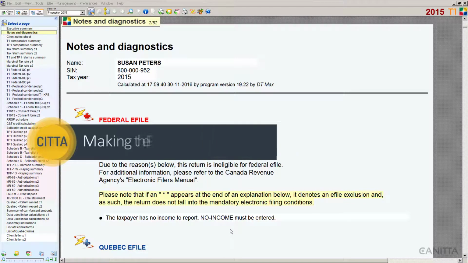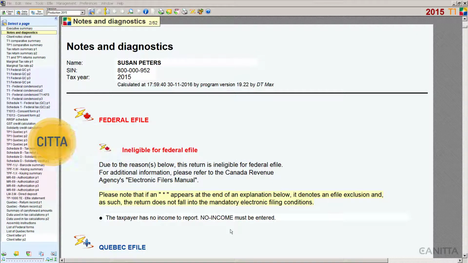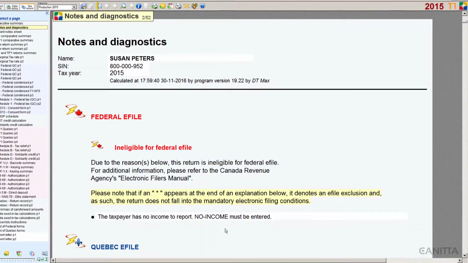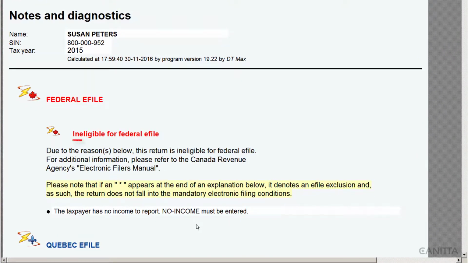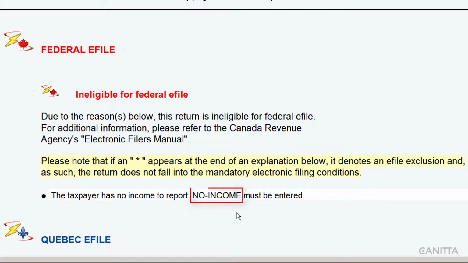Welcome back. In this video, we are going to look at making a tax return eligible for Efile. In the previous video, Ms. Peters' tax return was completed. But after reviewing the Notes and Diagnostics page, we found out that her tax return was not eligible for federal e-filing. DT Max has informed us that we need to enter the keyword no income to make the tax return